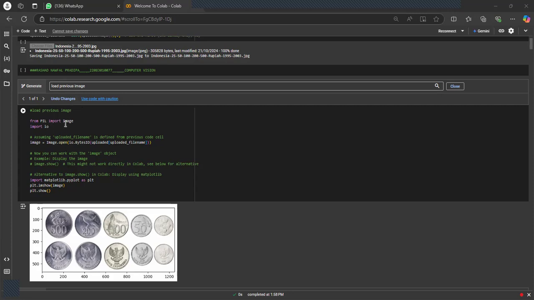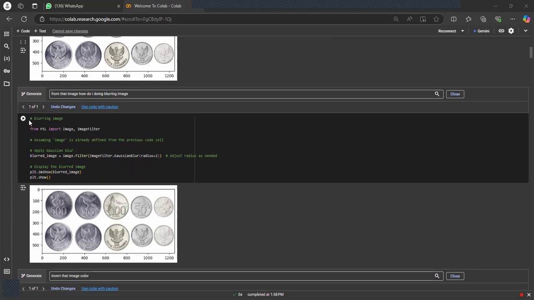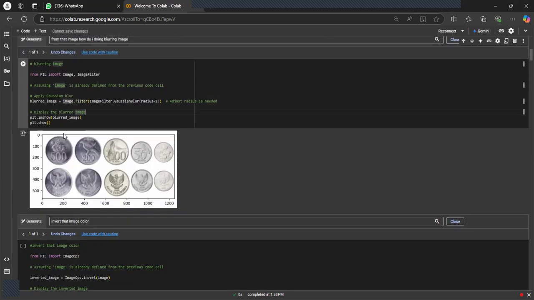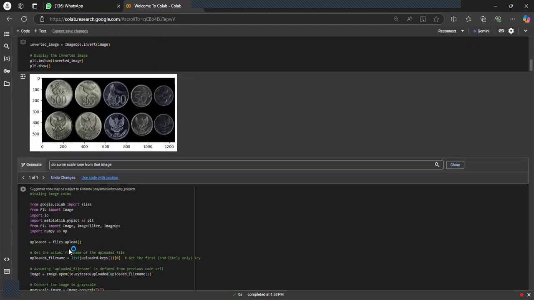Using from PIL import Image, we load the image, and then we blur it with a Gaussian blur filter, and the output appears like this. Then we invert the image color so we can see where the background and the object itself are.